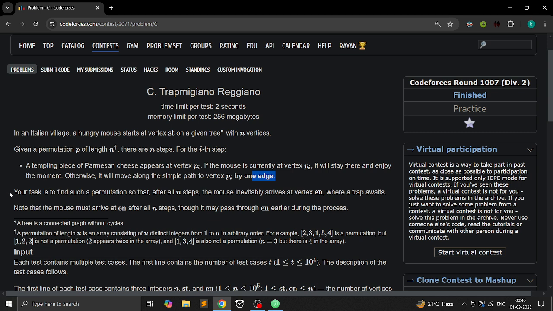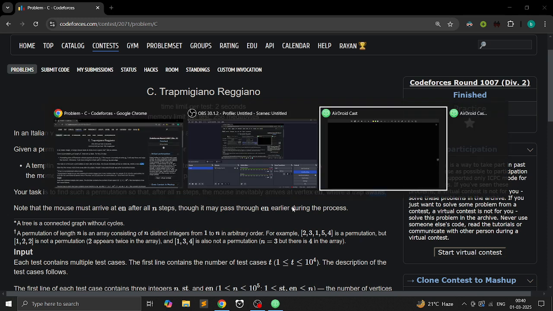Okay. Your task is to find such a permutation so that after all n steps, the mouse inevitably arrives at vertex en, where the trap awaits. Note that the mouse must arrive at en after n steps, though it may pass through en earlier. So basically, the question is saying